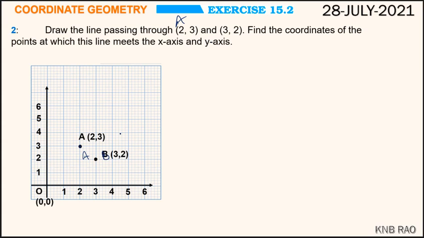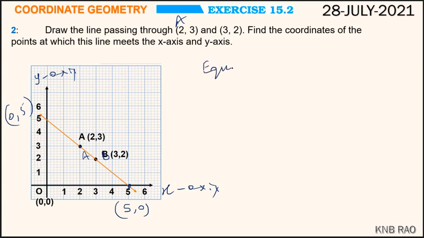Then if I draw a line passing through them, that line extended meets the y axis and x axis. It meets the x axis at 5 comma 0, it meets the y axis at 0 comma 5. Why did I write 0 comma 5? Because 0 is the x coordinate on the y axis. That's why we have very important bits coming in class 9th, the equation of the x axis and